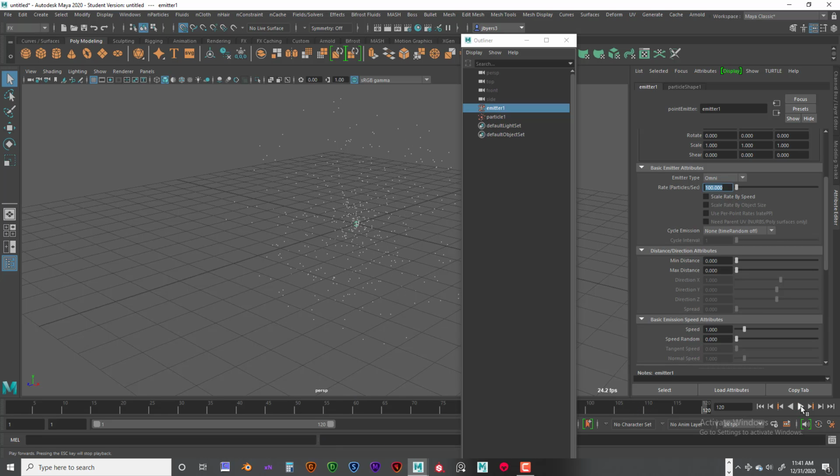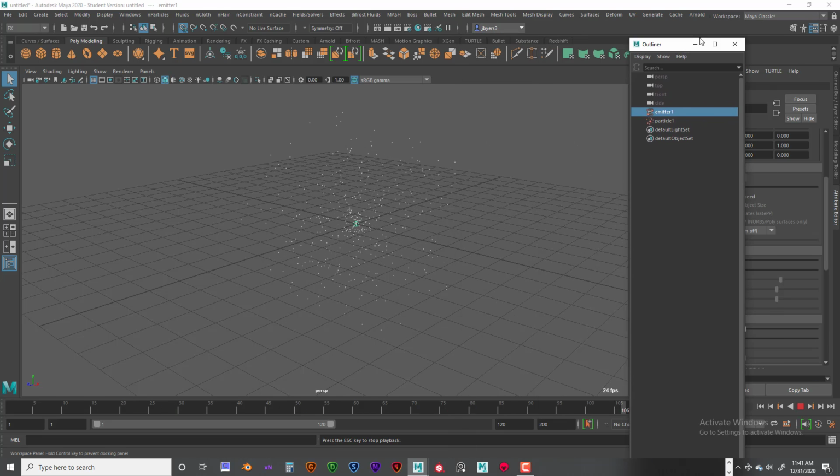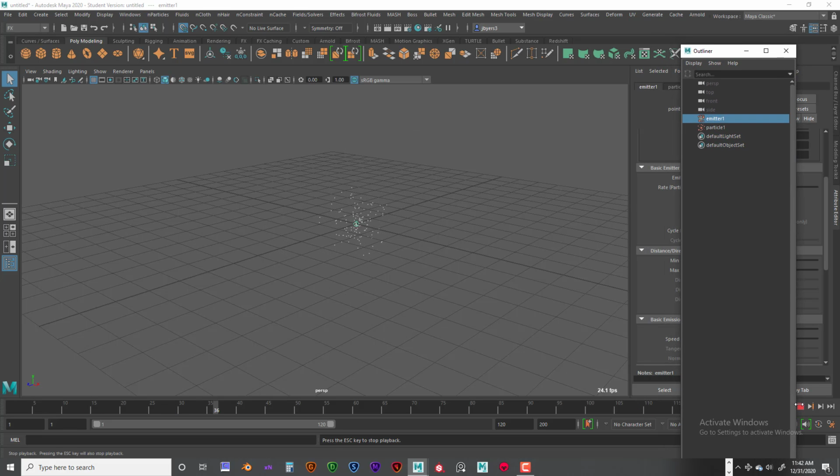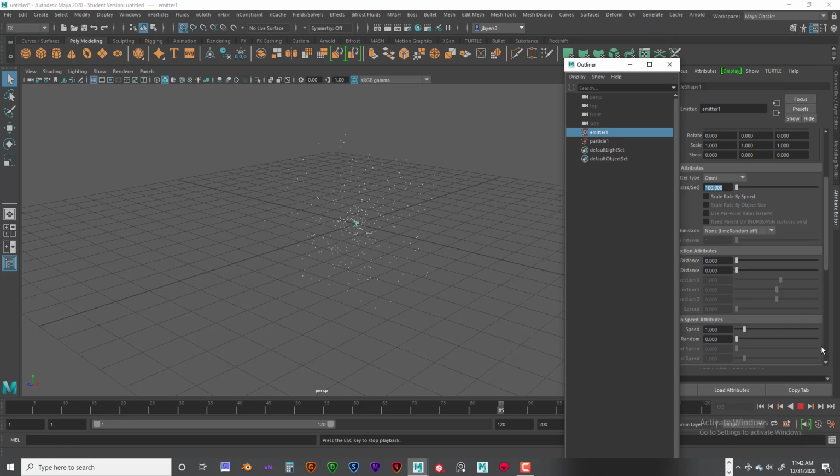Alright, so I just have it looping one time. If I want it to loop all the time, I can click down here where it says loop. Okay, so now it's looping all the time, so it'll go back and forth and just loop over and over again. If you find you need more time to simulate, feel free to go down here, stop the simulation, and